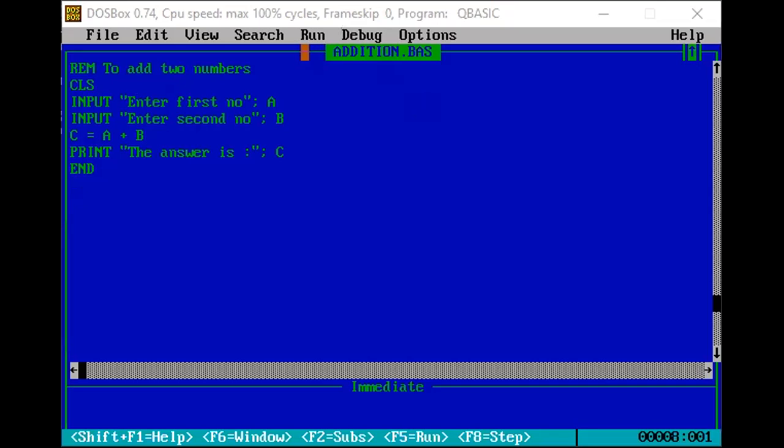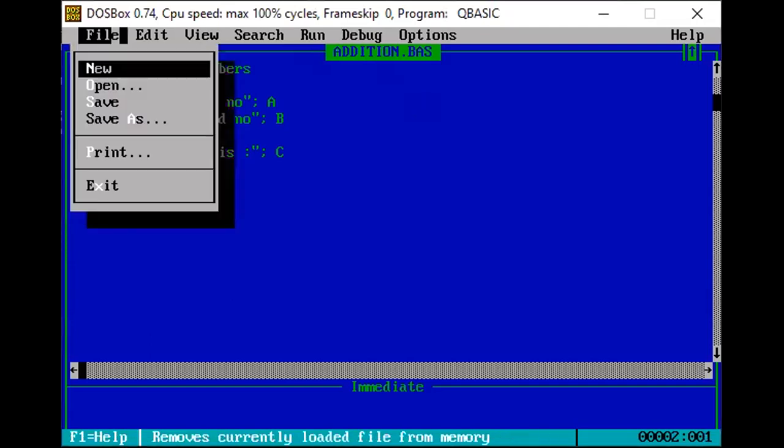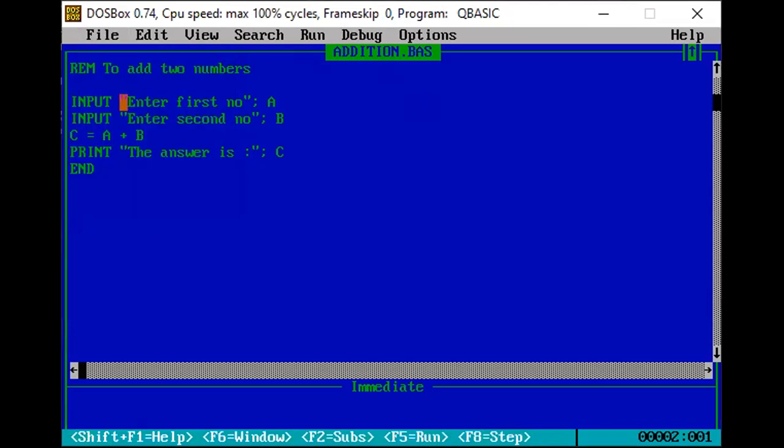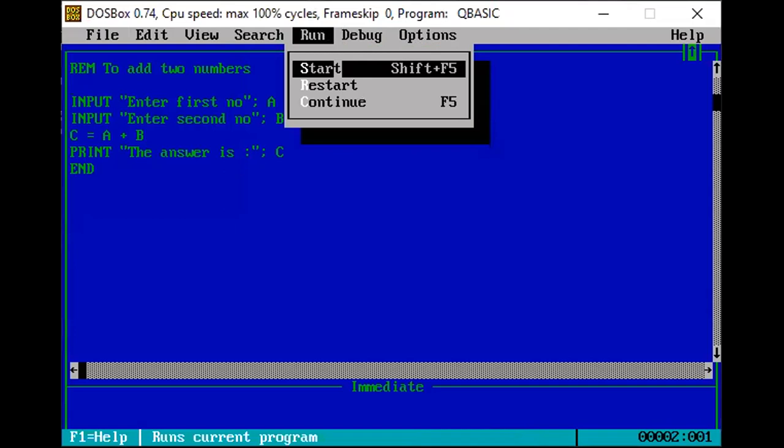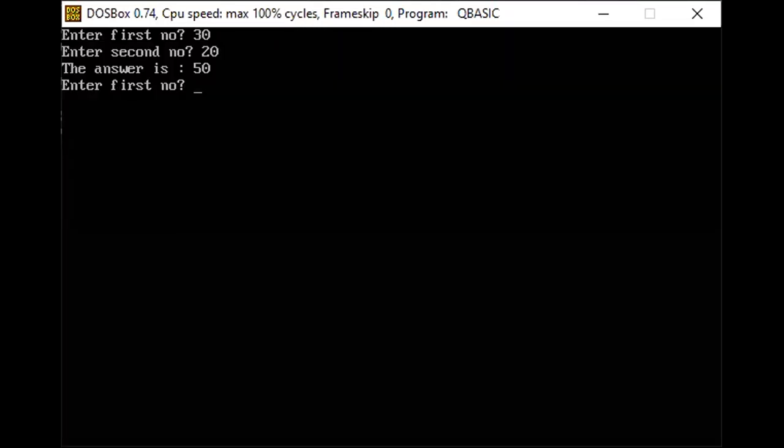I am going to run this program again, but after removing CLS. Then to make changes permanent, save it, and then run it. Click on start. See, the previous output screen is also there.